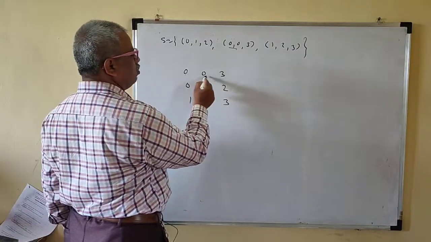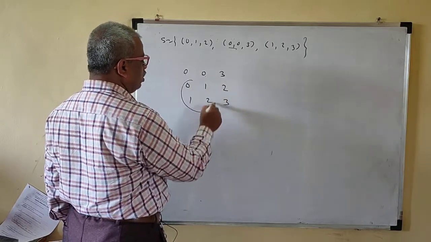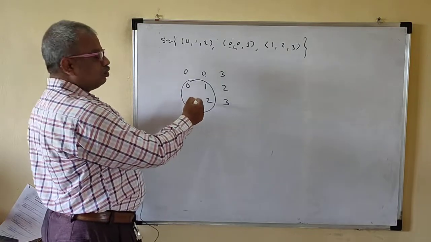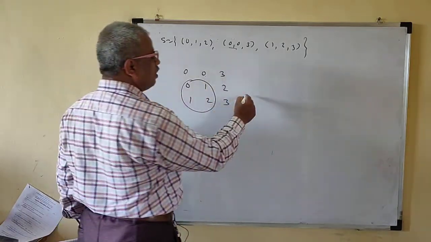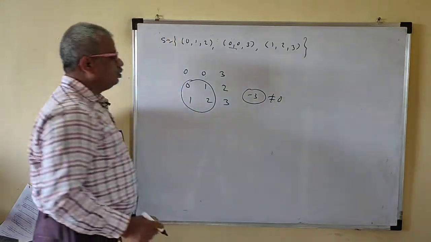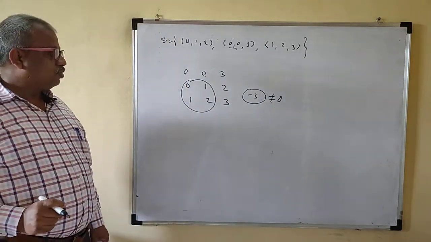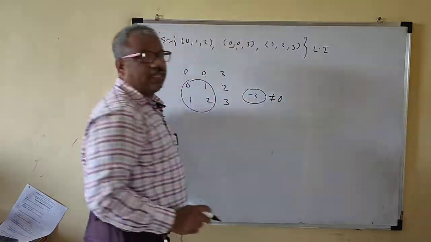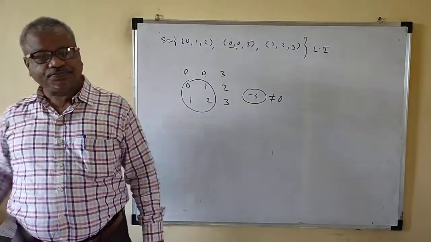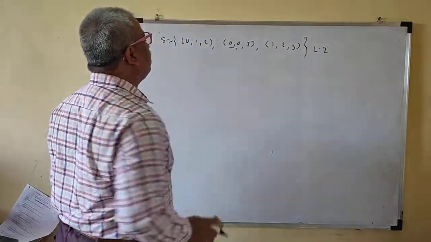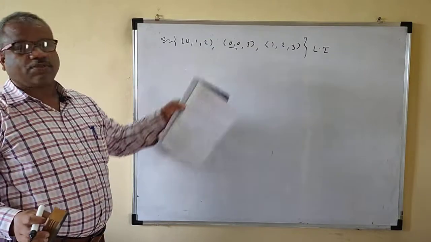Just we have to do this is 0, this is 0. So we have to take only the block of this one. So this is minus 1 into 3, so this is minus 3. The determinant is minus 3, which is not equal to 0. Therefore this set is linearly independent. Easily you can judge whether the set is linearly independent or not. So just do like this, and take the benefit of the 0.